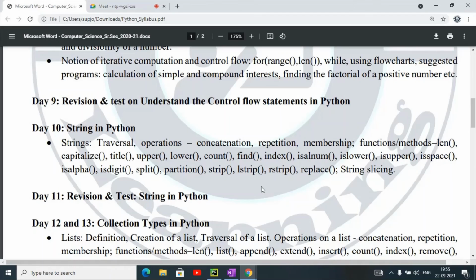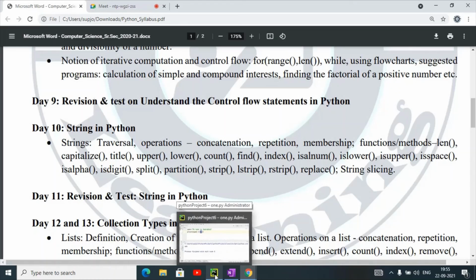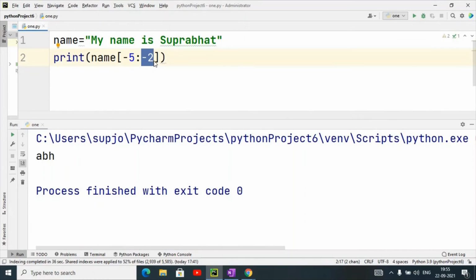Any confusion? Sir, while using minus, if you want to include that last letter, how to do the coding, sir? If you give -5 to -1, it will take from the fifth letter from the last, but leave the last letter.